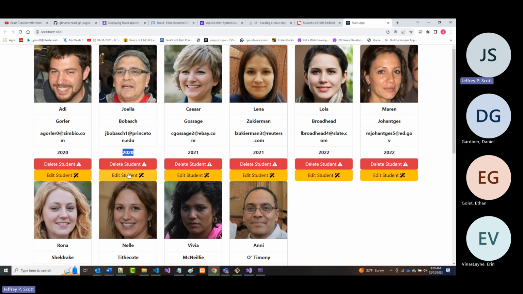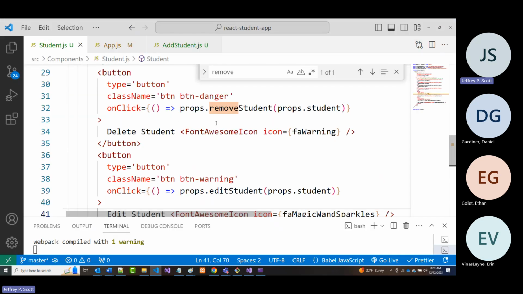Now, when we click this for Joella, only Joella should be put into edit mode. I don't want to be putting everybody into edit mode. So in other words, there's an individual button for each one of the students so that we're able to edit each one individually. And if that doesn't make sense, hopefully just keep following along and after a while it will. All right. So in our student.js,